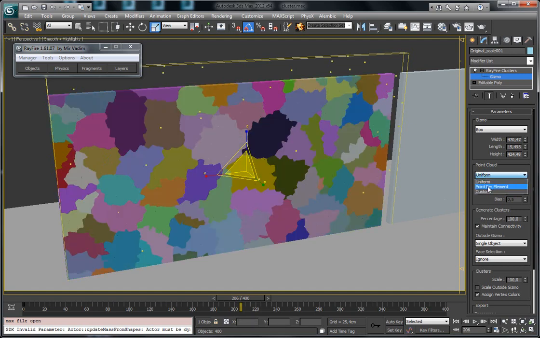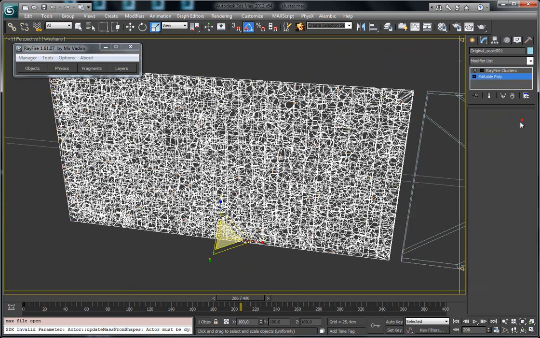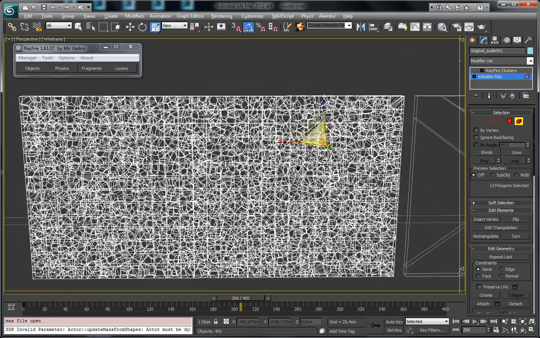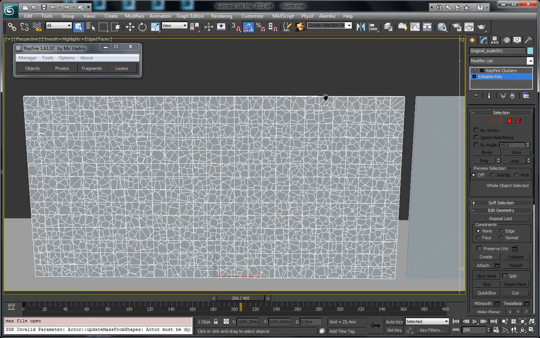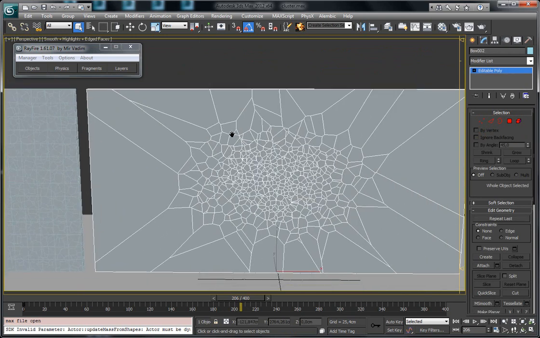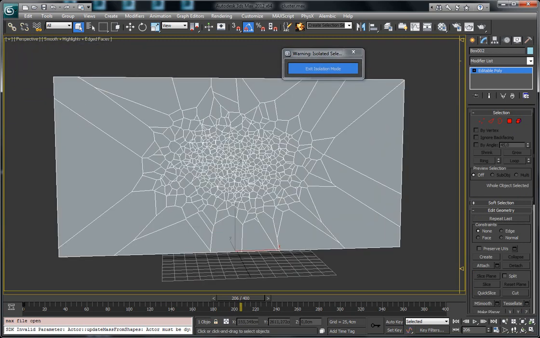Another, second way to generate a point cloud is called point per element. And to show how it works, I will use another geometry. As you can see, this original geometry has fragments that were also fragmented using the uniform fragmentation type. All the fragments have pretty much the same size. And to show you the second point cloud, I will use this geometry. It's isolated. As you can see, this geometry has very tiny fragments in the center and very big fragments at the borders. So let's assign